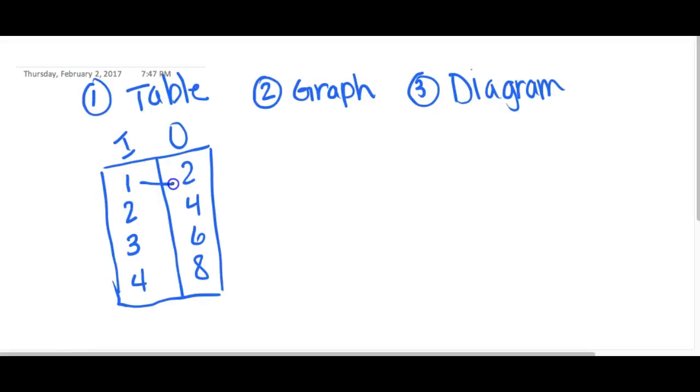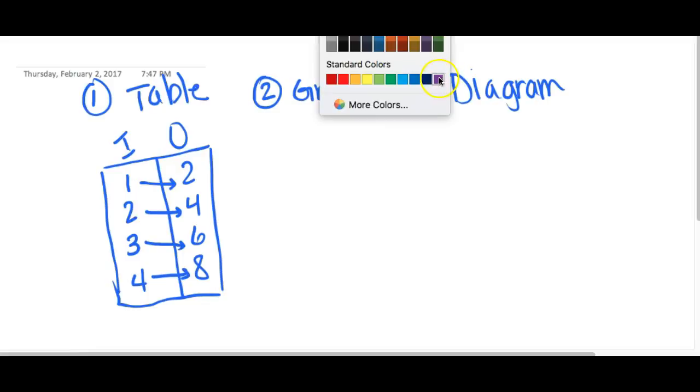So if I put in 1, I get 2. If I put in 2, I get 4. Put in 3, you get 6. Put in 4, you get 8. Okay, so if we were to write this, because one of the things we're looking at is how can we